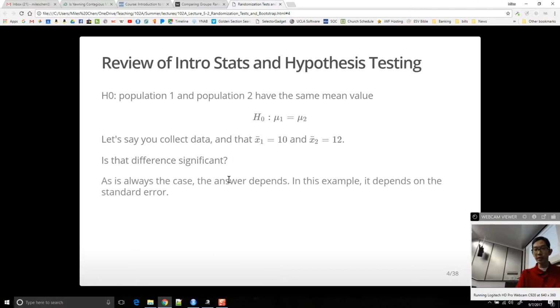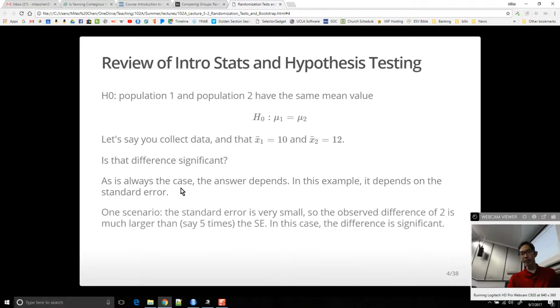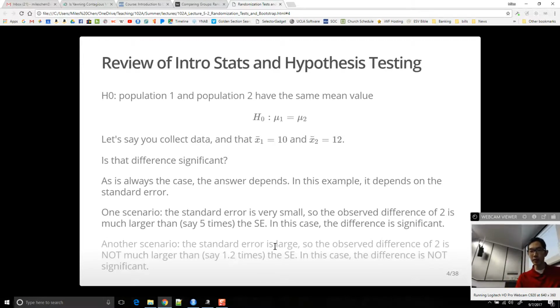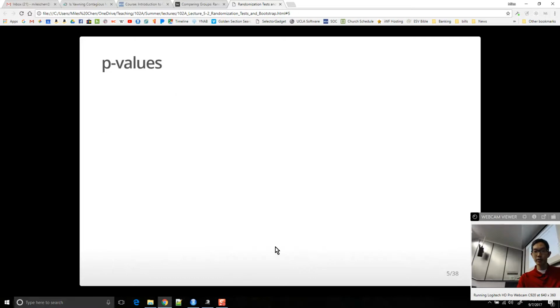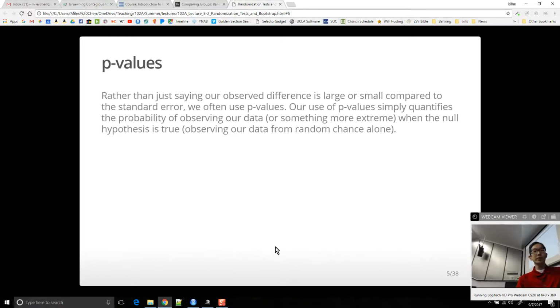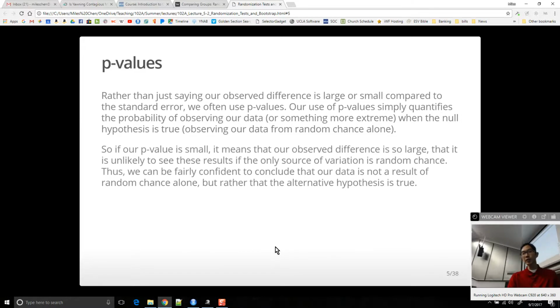So I say the answer is that it depends, and in this case it depends on the standard error, which is a way to measure the variation that we see. And so we get a measure of that standard error, and from that we calculate our p-value, and the definitions of the p-value is,